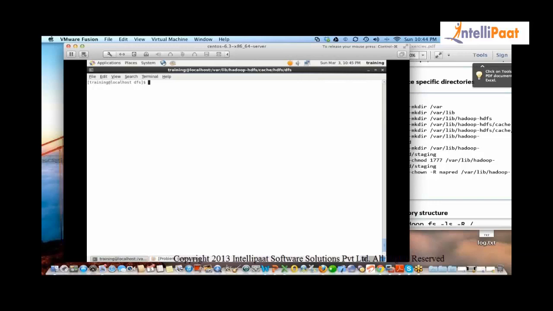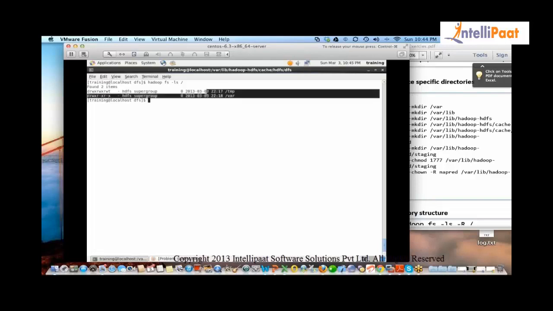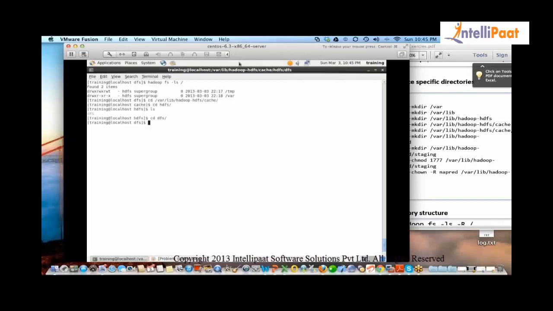So I'll tell you one thing you need to remember. When I do hadoop fs -ls /, I can see these two, right? These are in HDFS. Basically, they appear logically here, but on the hard disk, they are stored in this directory. So to the user they can see this, but what is really stored is something inside this. I cannot do that.